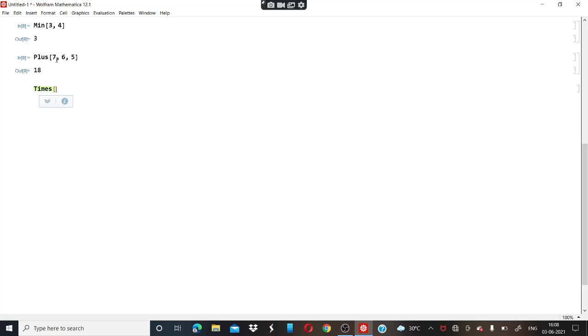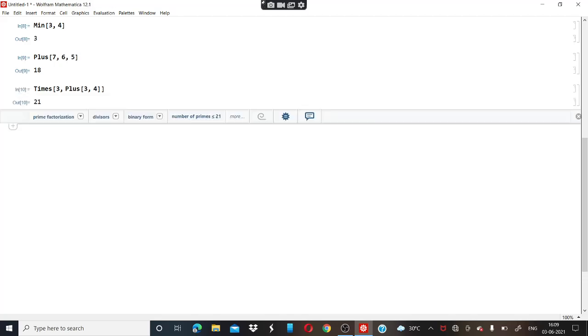For 2 we will directly write 2, and we generally separate two numbers for multiplication, and the other number is 3 plus 4. We are not going to directly use 3 plus 4. For that we will write Plus in bracket 3 comma 4, then we will close the bracket. Again we will take care of the number of brackets we are using so that all brackets are closed. Then we will press shift and enter, and here we will get the result as 21.